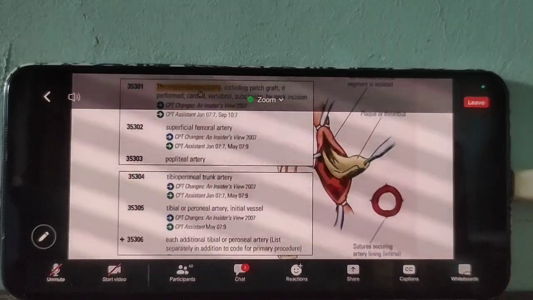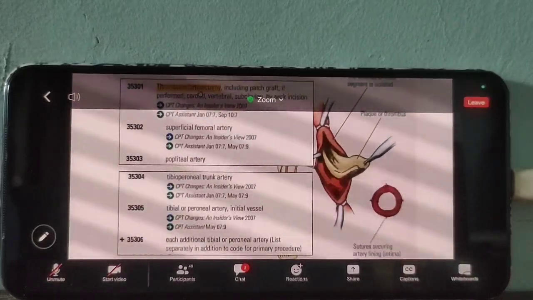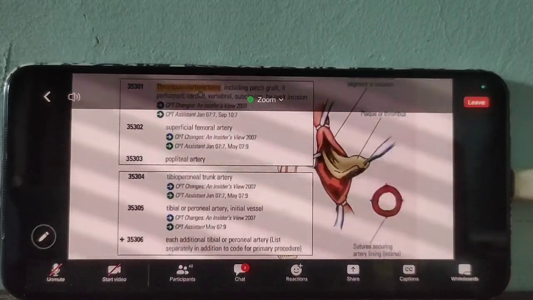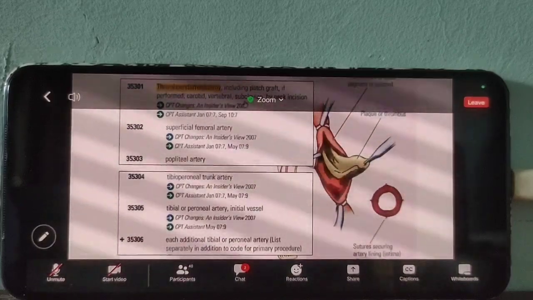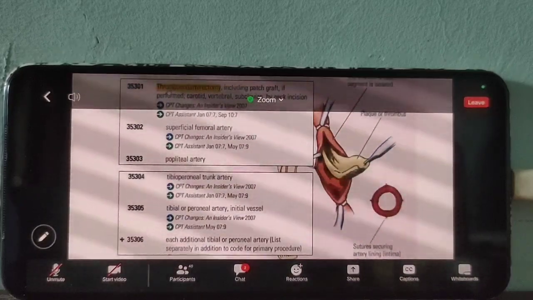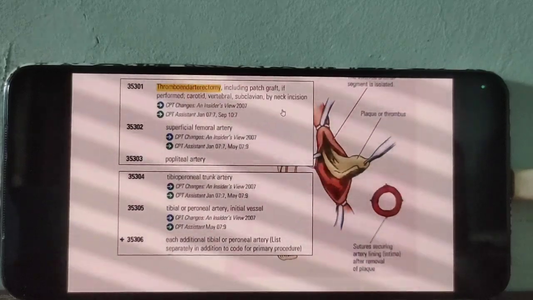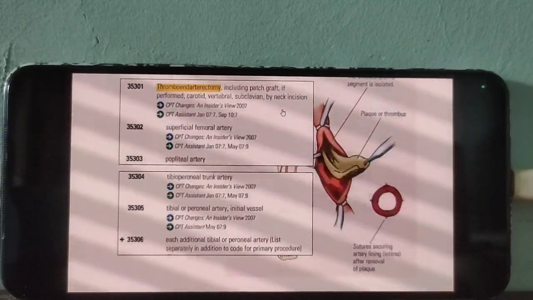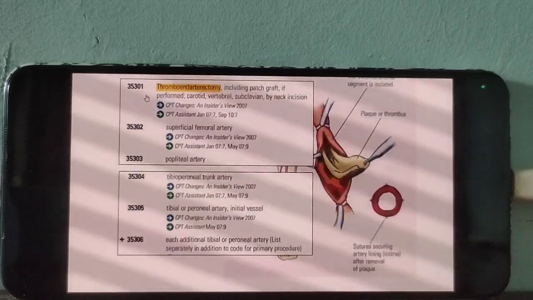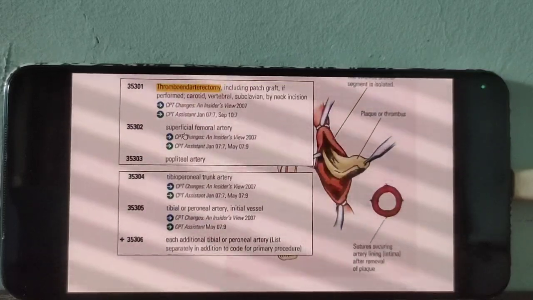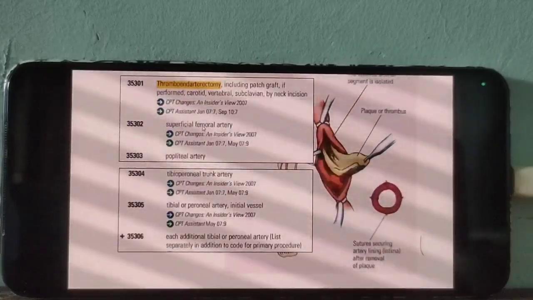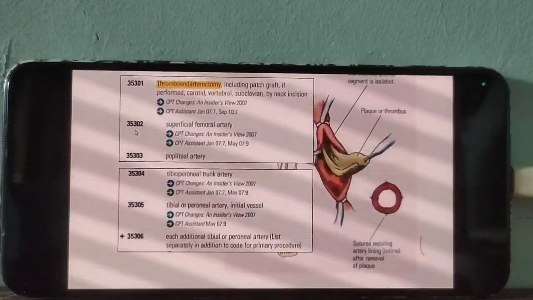Now, these are the code sections for thromboendarterectomy at the artery. Okay, thromboendarterectomy, carotid, vertebral or subclavian artery through neck incision 35301. So the corresponding incision is our key term here. For neck incision 35301. If the thromboendarterectomy procedure is performed at the location of the femoral artery 35302,